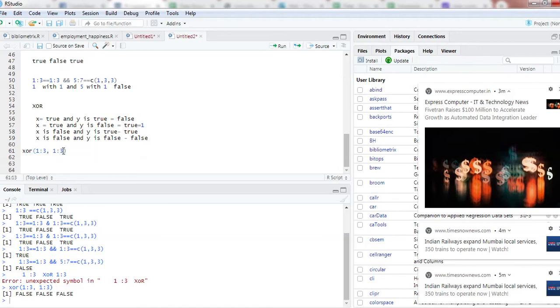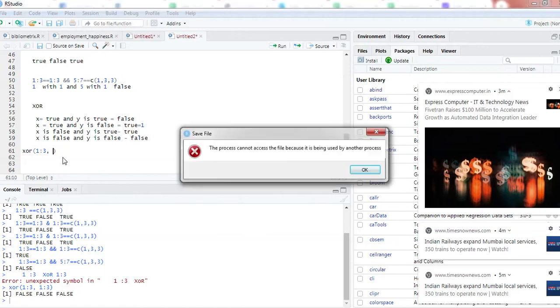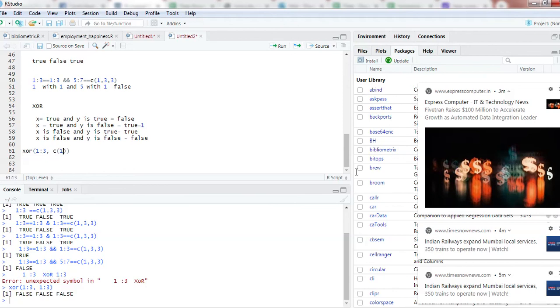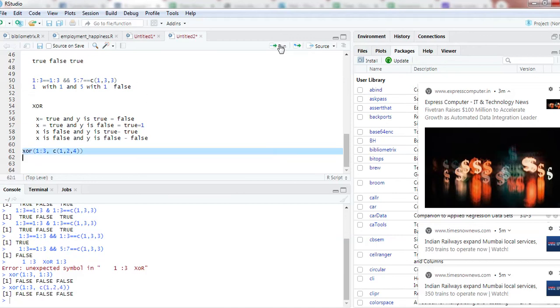But suppose it is 1 to minus 1 to, this is c(1, 2, 4). In that case it will give me false, false, true. So it should give me false, false and false, because it is 4. But if I am saying